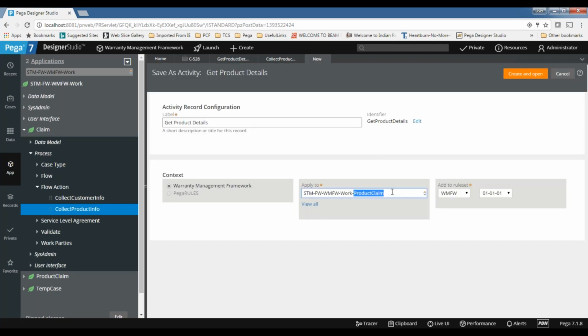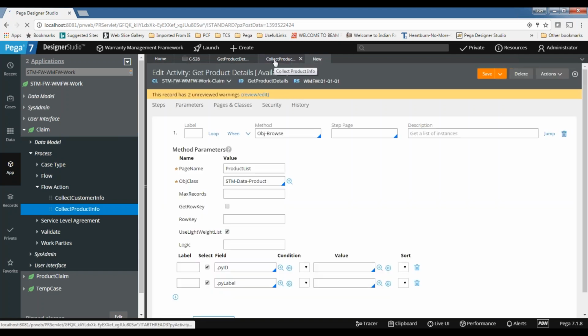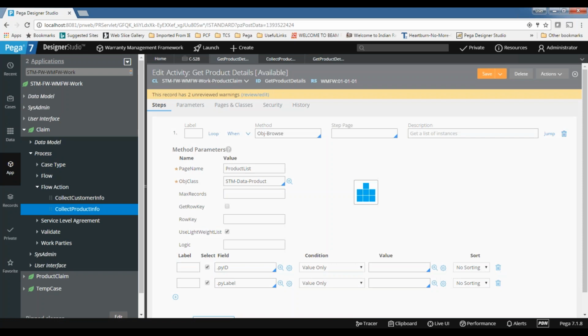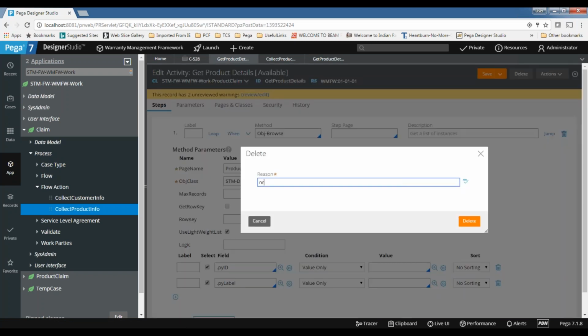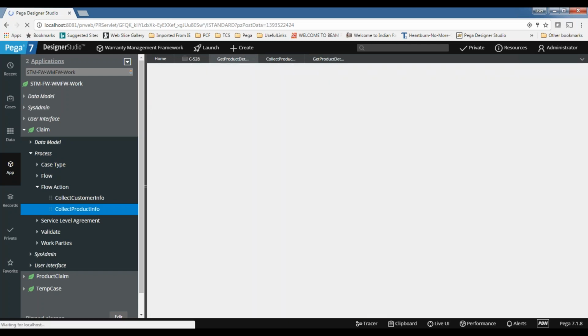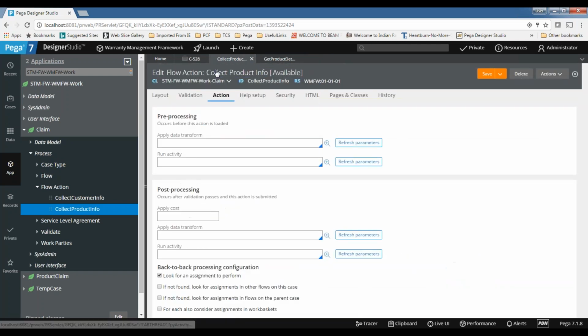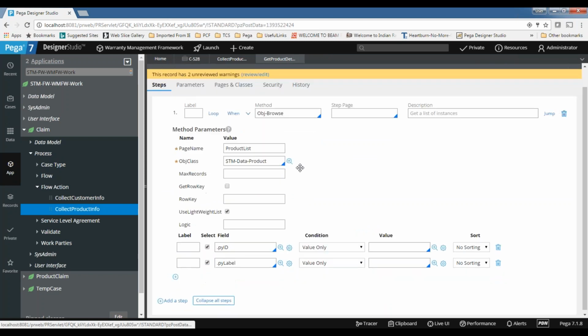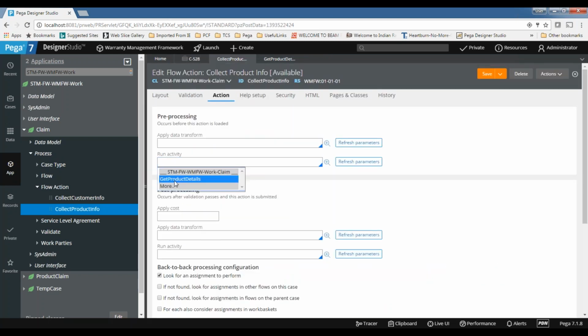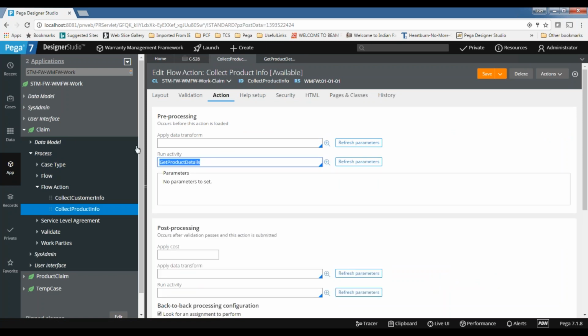It should be in claim only. Now the product. So in the pre-processing I am calling the get product details.